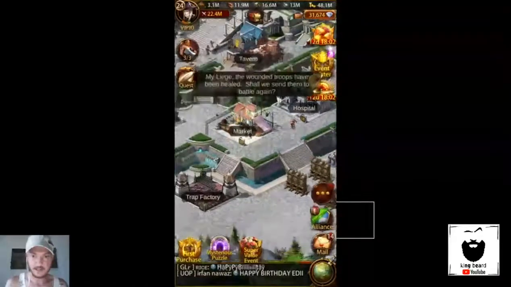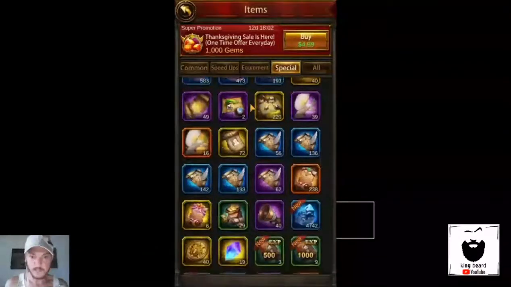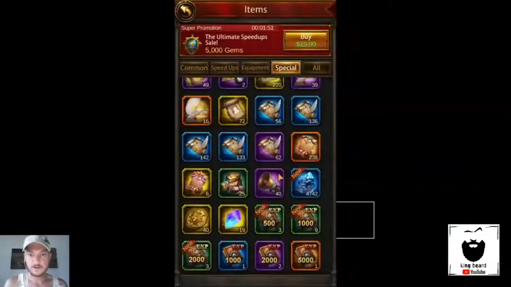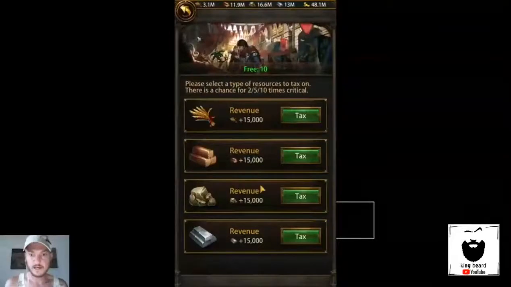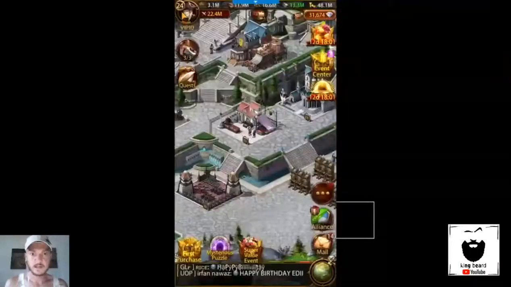Okay, so the next one is the market. What I try to do is go to special, and then there's this little bag here. So that's free tax. I can do up to 6 a day at this point. You want 10 though to do your daily tasks. So 6 and 4 is 10. Use. So that gives me a little bit extra. If you have a look here, I can now tax 10 and it won't cost me any gems. Okay, same building,